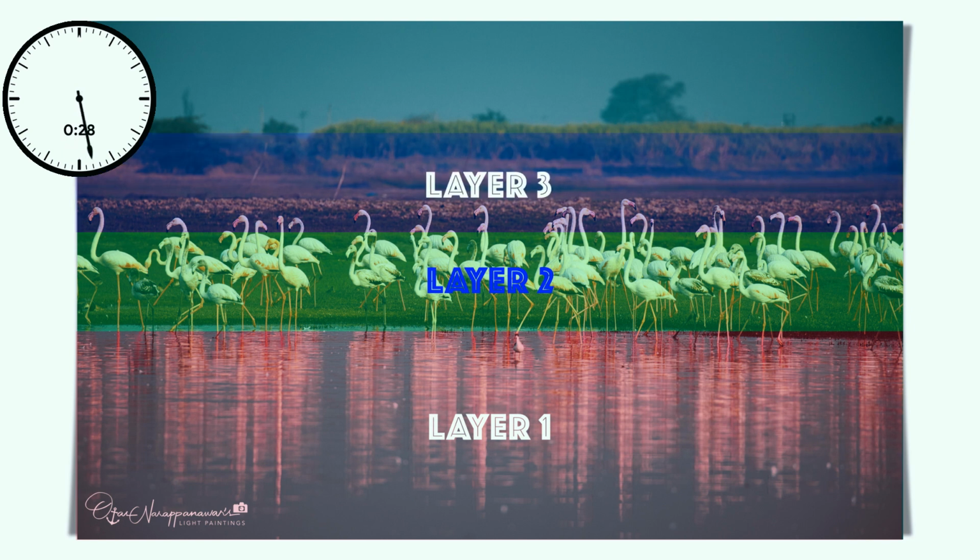In the third layer, we have included some land to give more depth to the scene. We will call this the supporting layer. And for the final layer, we have included the sky. Let's name this the background layer. Never put your subject on the background layer as it won't make that much of an impact in your photo.